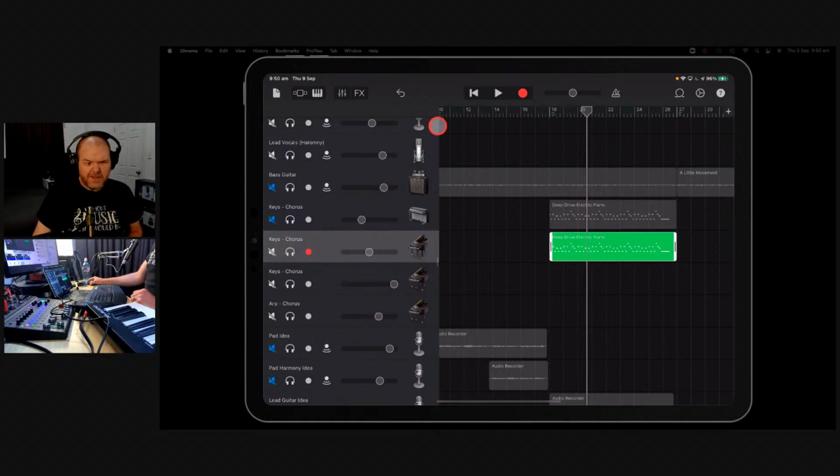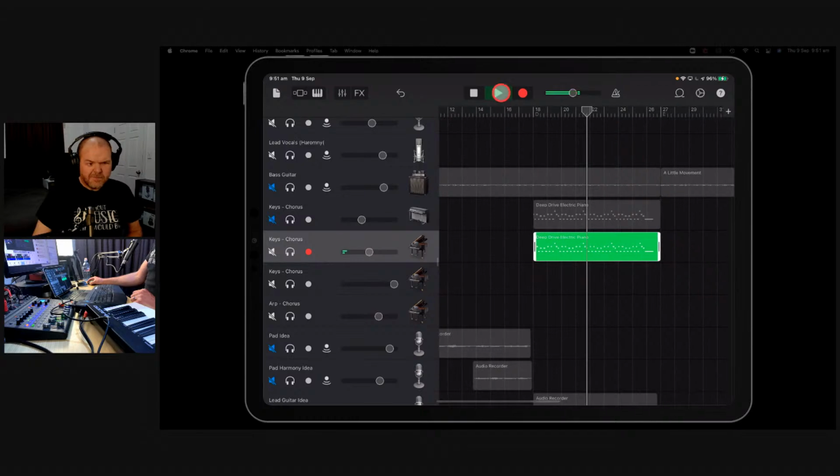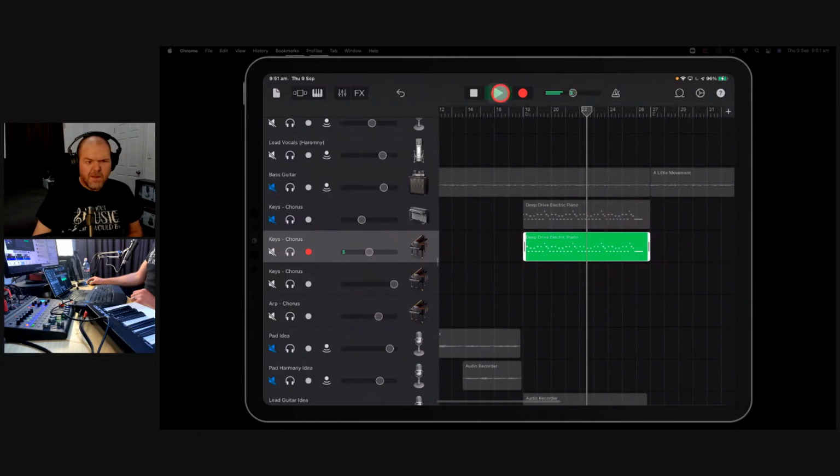So at the moment in the mix, it's sounding like this. In progress, nobody's got it figured out. We all have. Because I think it's kind of competing with the vocal there, but I reckon if we come